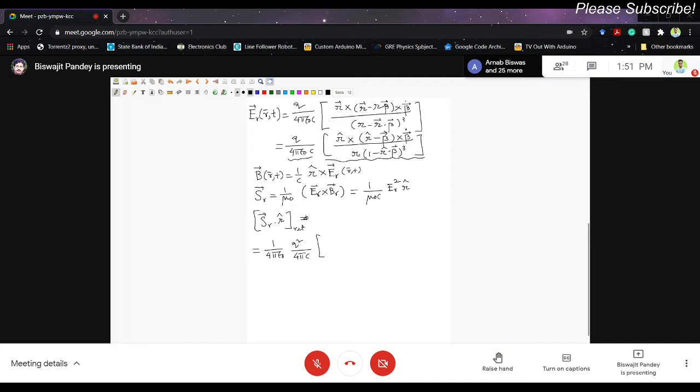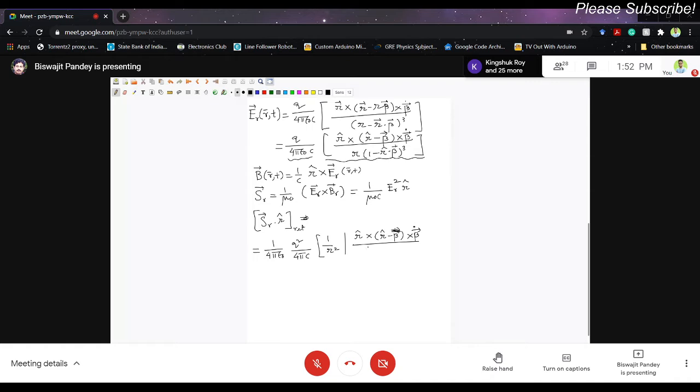There is 1 over r here, so it will be 1 by r square. And because we are squaring it, that will be a scalar quantity, since the direction is taken into account in this r cap. I have to take the modulus of that, because a cross product of three vectors will of course be a vector. So I am just taking the amplitude of that. That will be r cap cross (r cap minus beta) cross beta. Sorry, this is beta dot, not beta. It's (r cap minus beta) cross beta dot, divided by